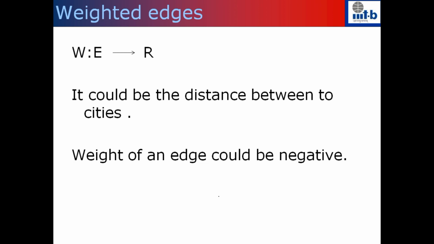Similarly, in the case of undirected graphs, you can go back to the social network graph that I was talking about, where people are the nodes and the relationship between them is a friendship, and so you can in some way measure the strength of the friendship. If it's a very high number, it means that they are very good friends, and if they don't like each other, then this weight could be a negative number, right? We can think of several such examples where the weights can be negative. More importantly, what you need to know is that in weighted graphs, there is a weight associated with every edge of the graph, and these weights can be negative.